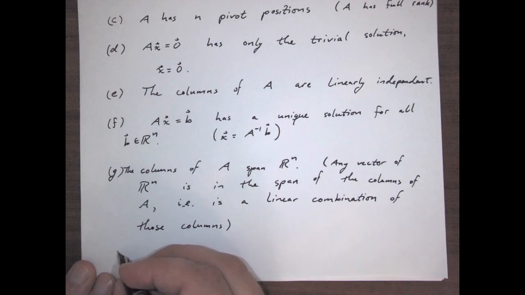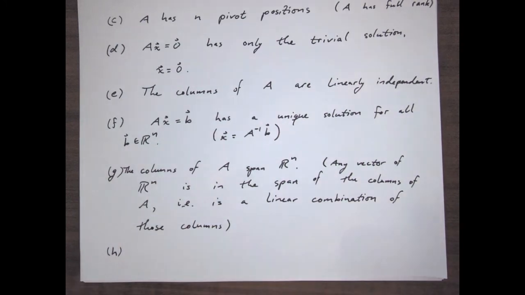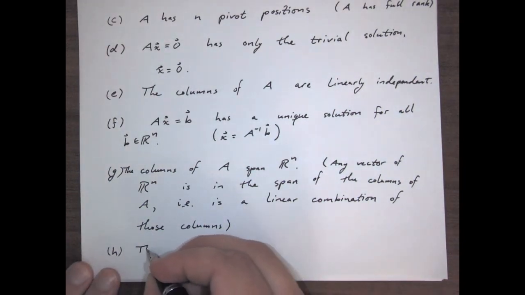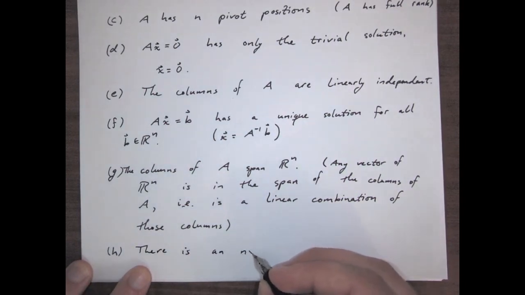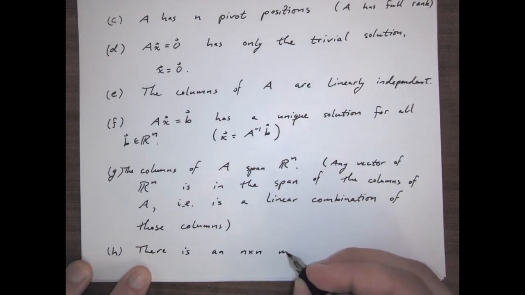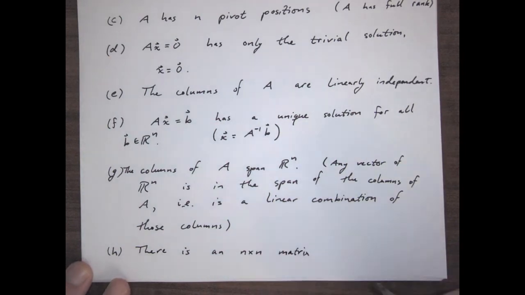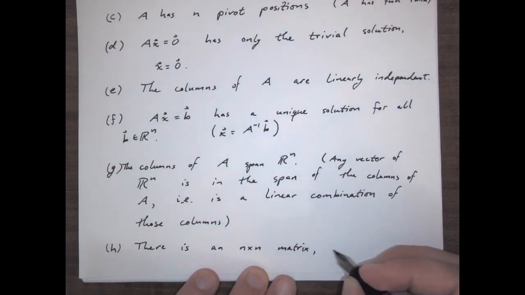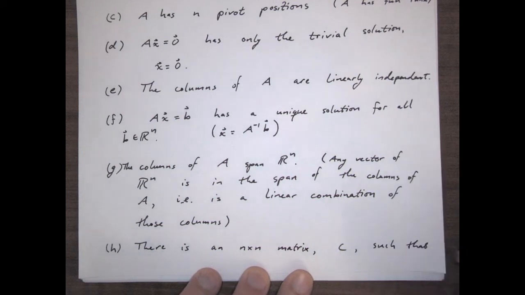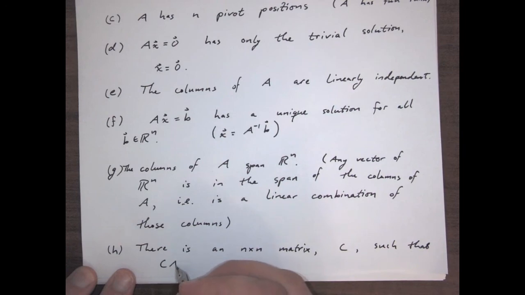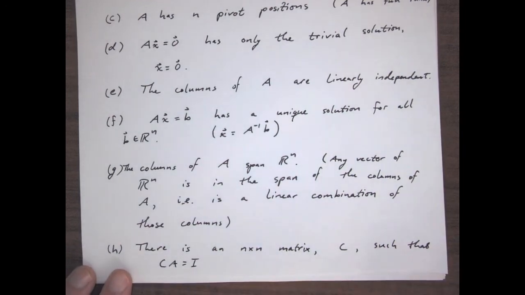Now, the next two parts of this, H and I, are actually kind of trivial. They're pretty trivial results, but we're just putting them in the record. So there exists an n by n matrix C such that CA equals the identity, and furthermore,